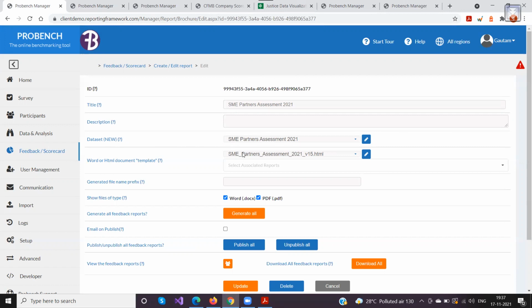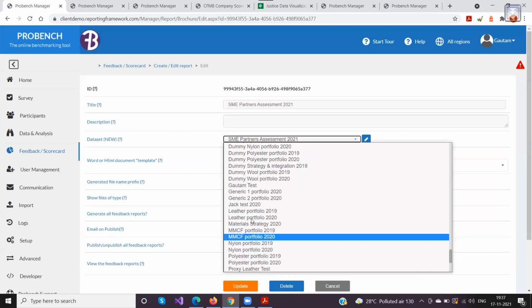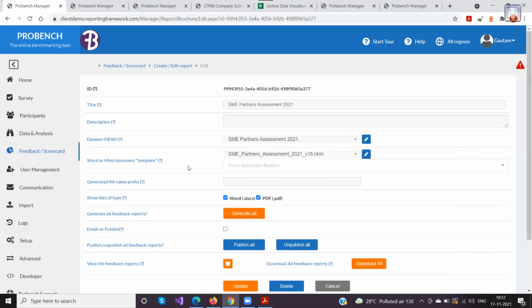What you need to select here is from the list of all the data sets that are created. Because I've selected this data set, all the fields that are there in this particular data set are accessible or can be used within the feedback reports or scorecard.